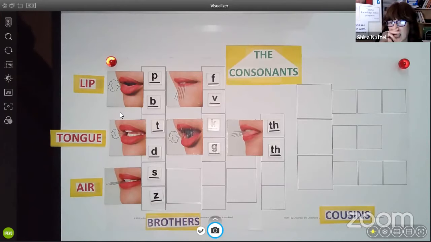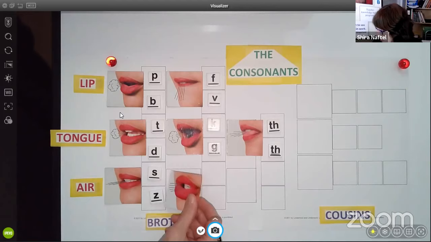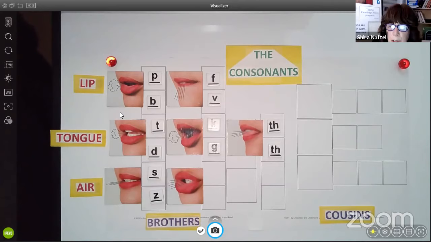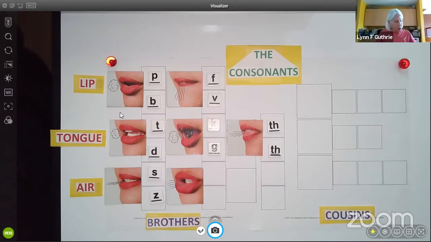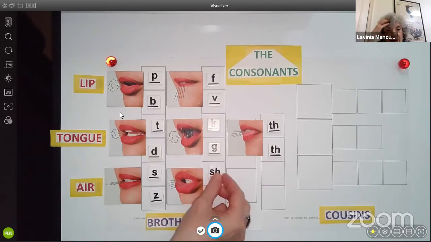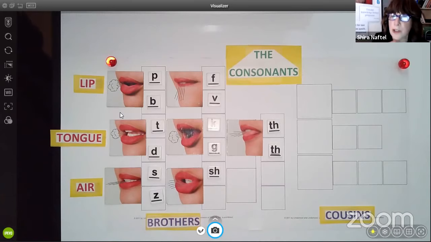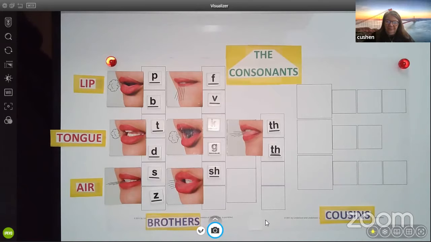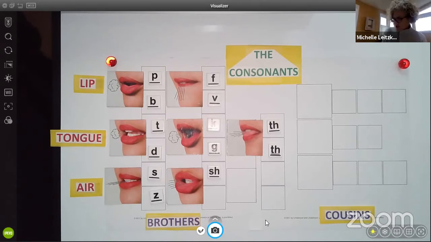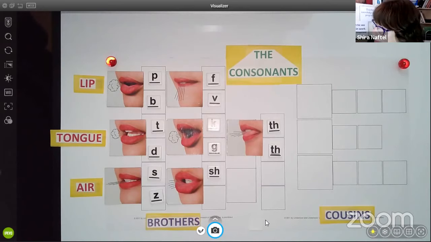Okay, next we said we have our fat air sound, and we demonstrated it already. Okay, and what letter or letters are you thinking for shh? Somebody yell it out. SH. SH, yep. And if you say shh and turn on your vocal cords, what sound do you think you're going to get? Let's do it. Yes. What are some words that have the zh sound in it? Can somebody tell me? Vision. Vision. Good. What else?